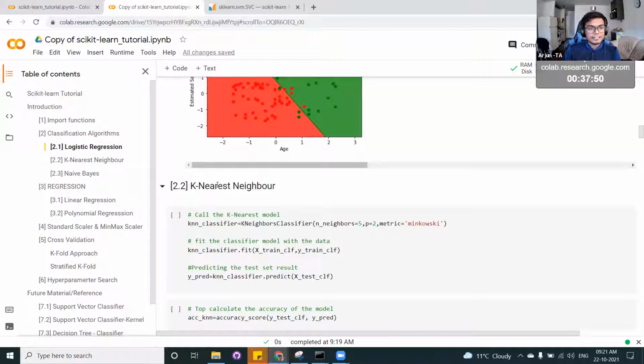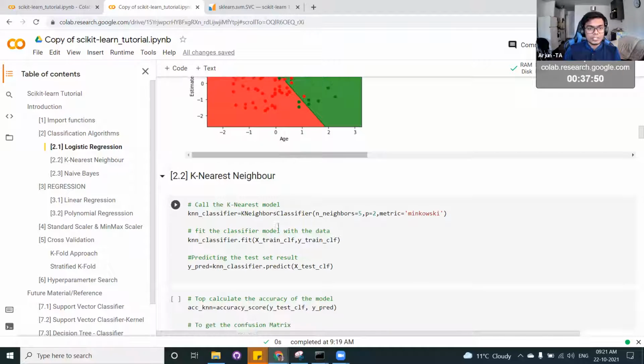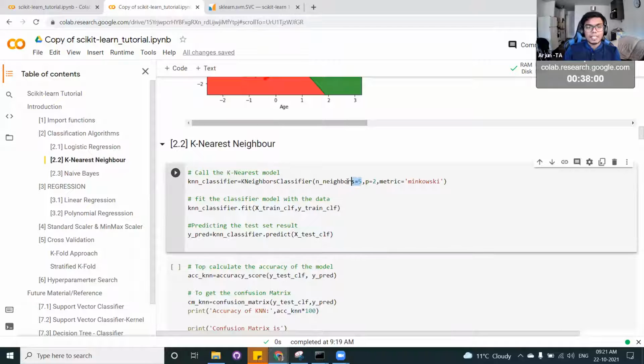So next is k nearest neighbor. I think you have seen that in the assignment also. We can mention the number of neighbors here, the value of p, and the kind of metric we use as the distance.